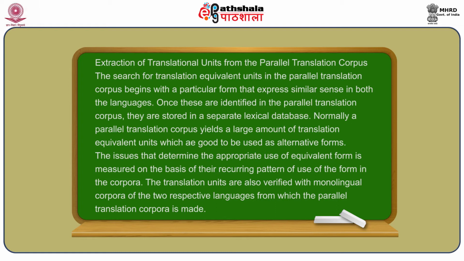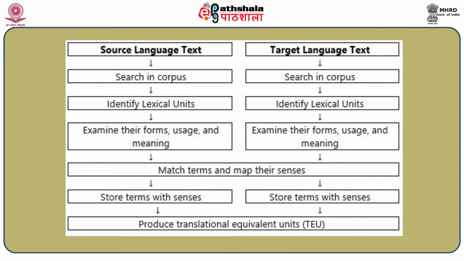Normally, a parallel translation corpus yields a large amount of translational equivalent units, which are good to be used as alternative forms. The issues that determine the choice of appropriate equivalent form are measured on the basis of the recurrent patterns of use of the forms in the corpora. The translational units are verified also with monolingual corpora of the two respective languages from which the parallel translation corpus is made. So, here is an example given of how the parallel translational units can be retrieved